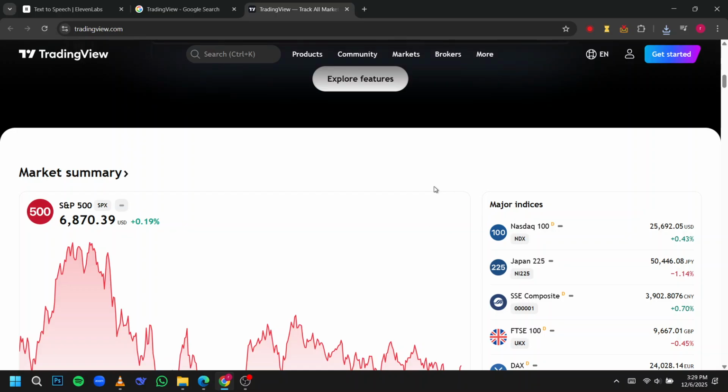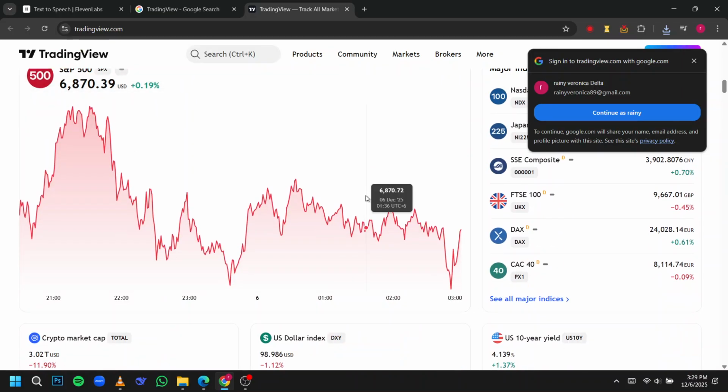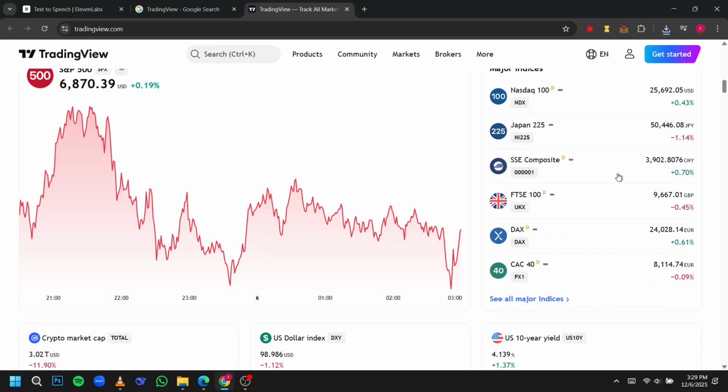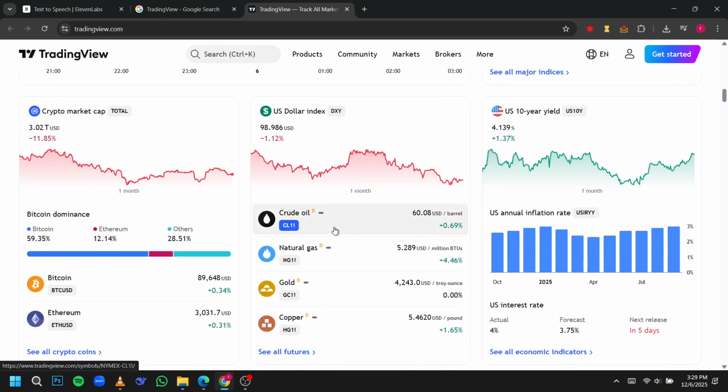One of TradingView's biggest strengths is its charting system. You get multiple chart types like candlestick, Heikin Ashi, Renko, and more. There are hundreds of built-in indicators, including moving averages, RSI, MACD, Bollinger Bands, and you can even overlay multiple assets on the same chart for clearer comparison. The drawing tools are top tier, whether you're marking trend lines, identifying support and resistance zones, or using Fibonacci retracement